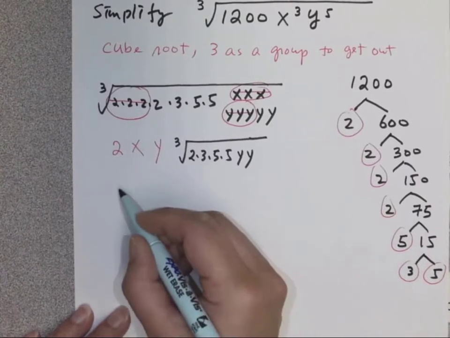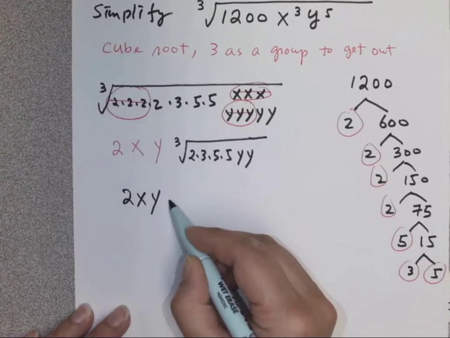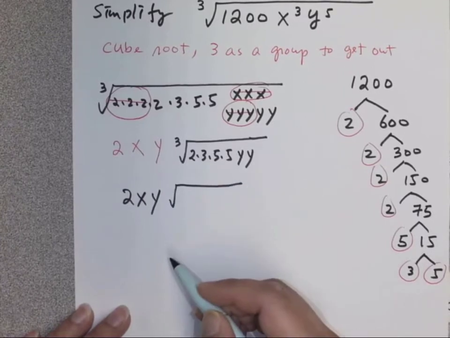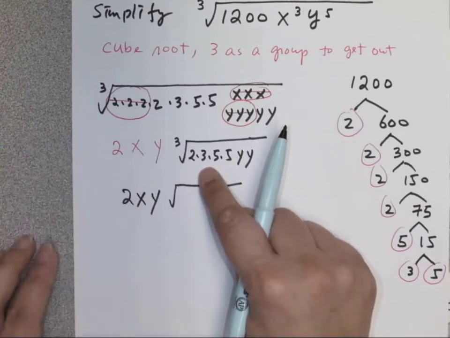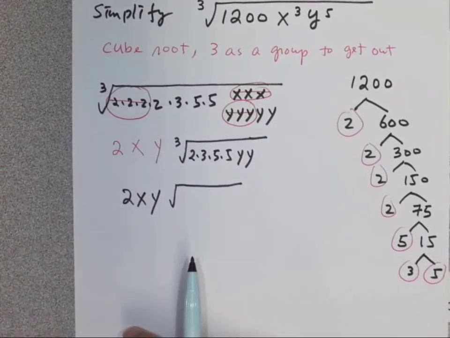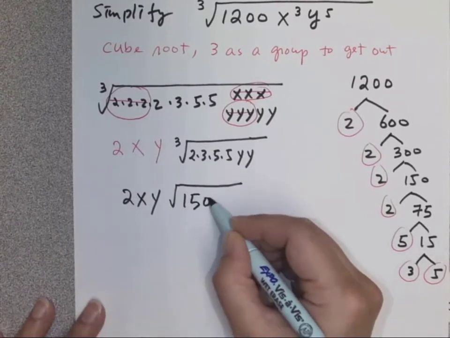No, okay. So the final answer is going to be 2xy. And then inside, I'm going to have this 2 times 5 is 10. 10 times 3 times 5 is 15. Together we have 150. Y to the